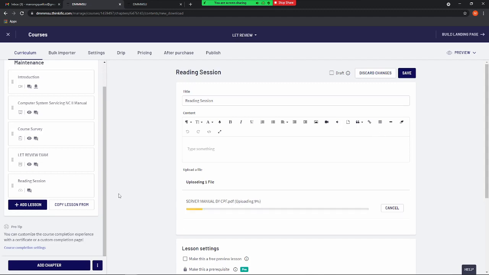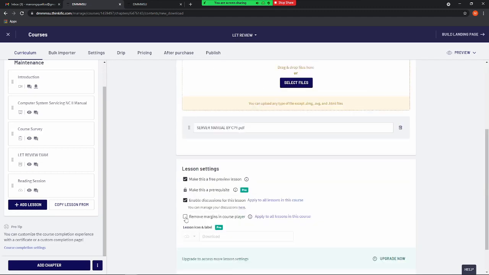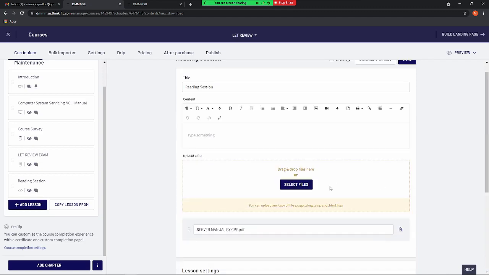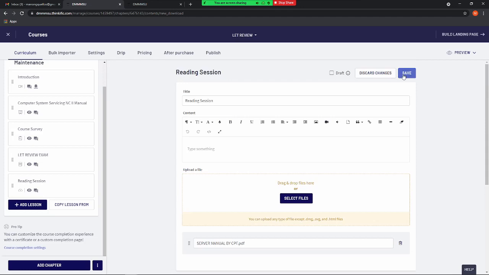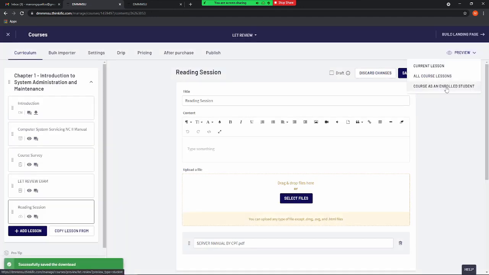Let's just wait for the manual to be uploaded. Okay, and then removing margins, course player, ayan, and then download. Okay, so save. So let's check yung course natin, if there's a download file or button doon